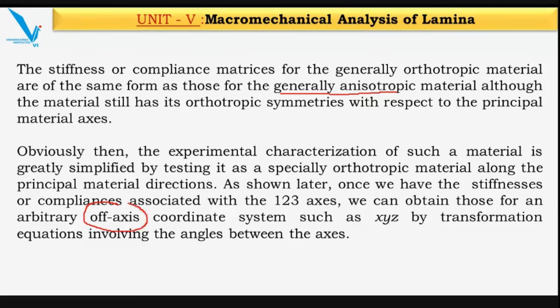Okay, this we'll see later on, but the purpose here is that similar test results obtained for the specially orthotropic material can be extended for the generally orthotropic material by taking the off-axis coordinate system into account, or by knowing the relationship between the